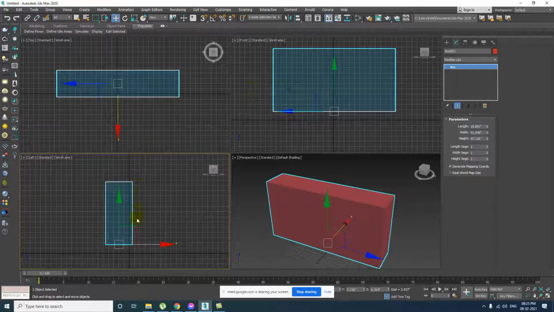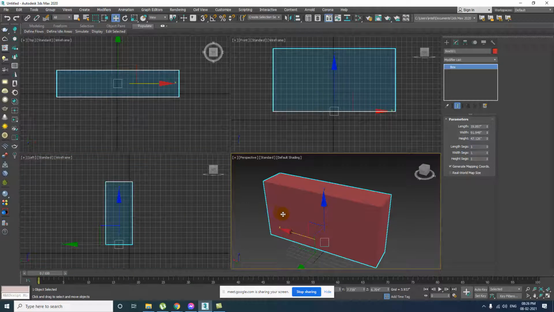On all three viewports, just to reduce the burden on the computer, 3ds Max shows the wireframe, or just the outline of the object, and only on perspective you will see the solid shape of the object. By default it is like that. However, you can change it as per your requirement. I will explain.